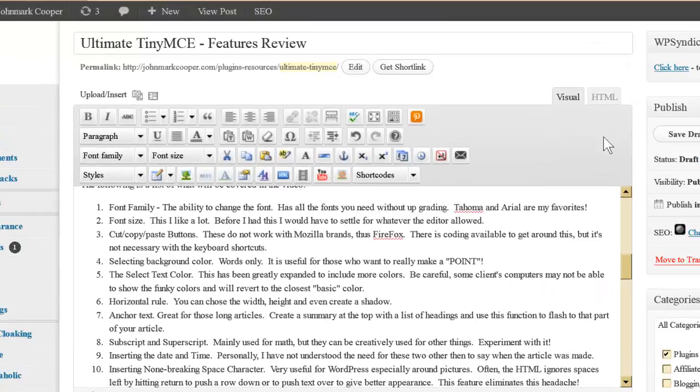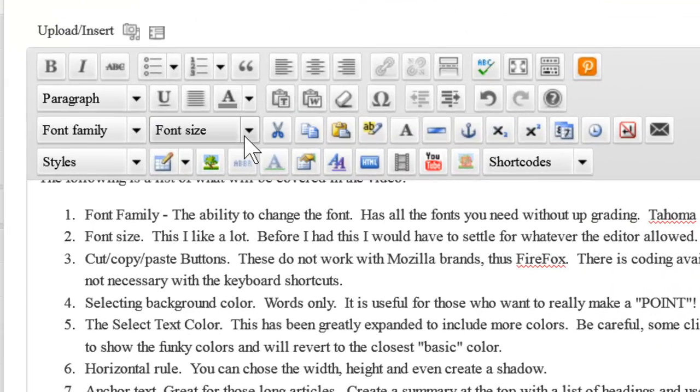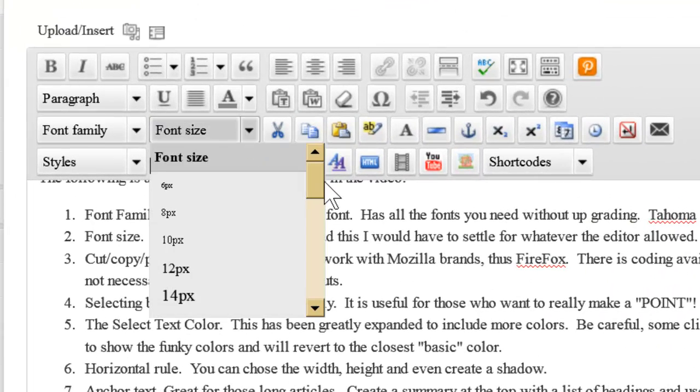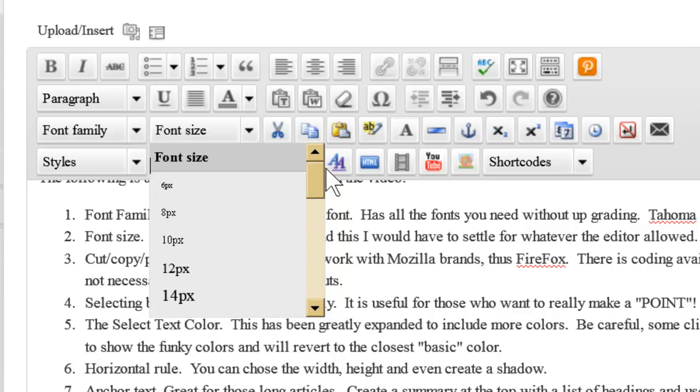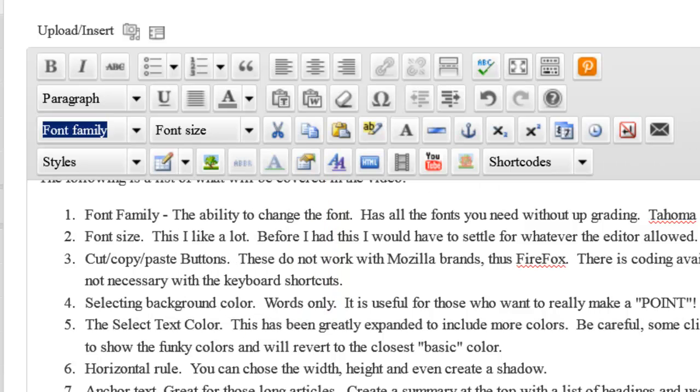Alright, so font size. Now, you can have a font size from as low as 6 points all the way up to ridiculous. I think this is 72 points. Yeah, 72 point pixel. And in the normal editor, I think you're restricted to, if you go over here to the paragraph size, just those,